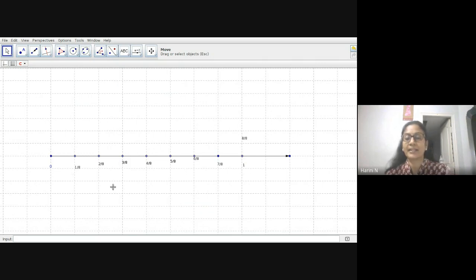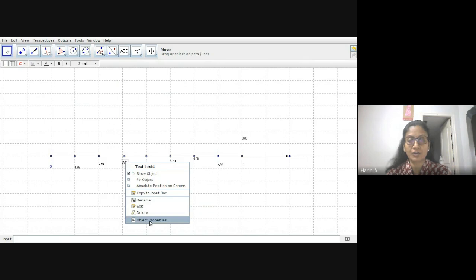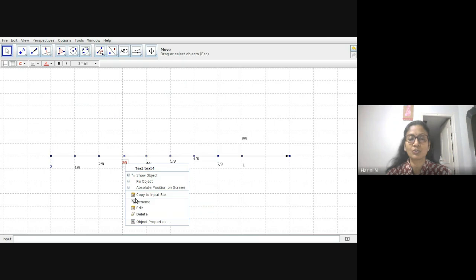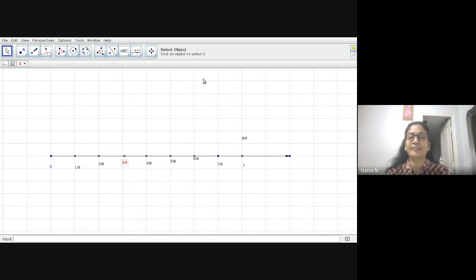So on the number line, you have decided that 3 by 8 is this position, which is occupied by this rational 3 by 8. Now, if you want, you can show it in a different color or just put an arrow mark there and show that this is your 3 by 8. Maybe I will try changing the color of this object so that you know that is the one I'm representing. So maybe you can make it a little more bold also. You can do it because I have GeoGebra app here. I'm trying to use it.